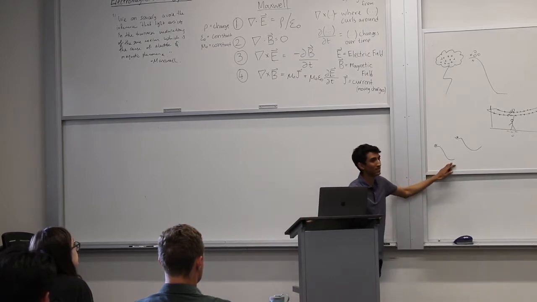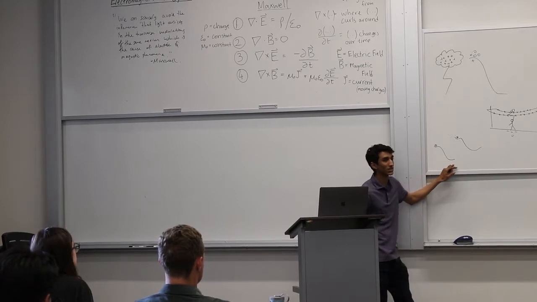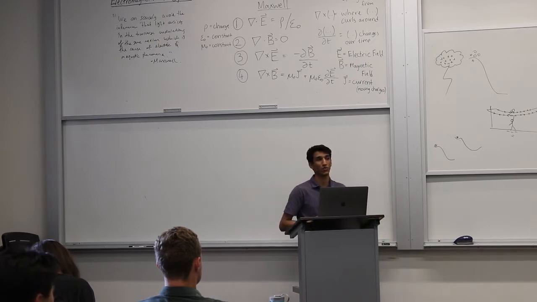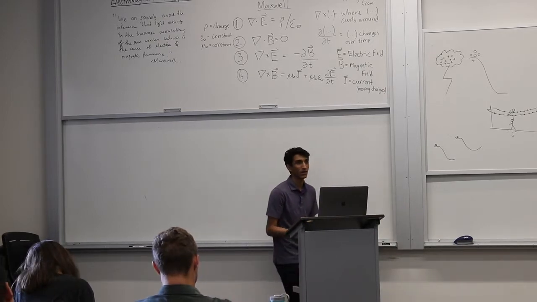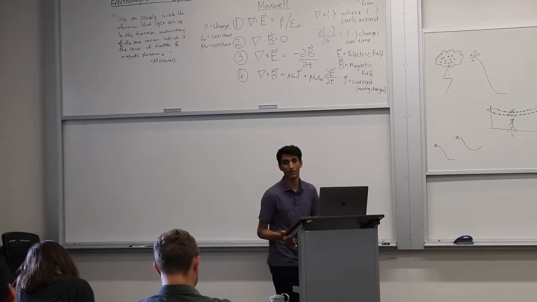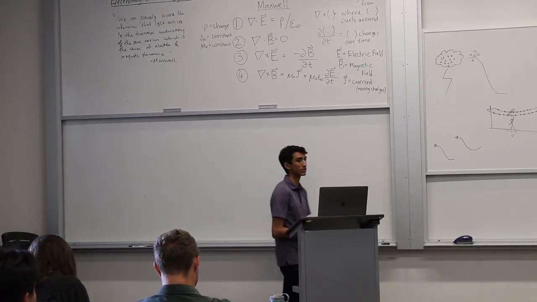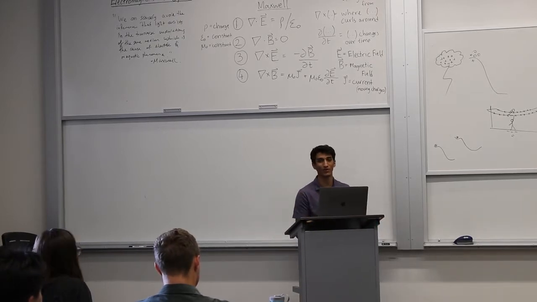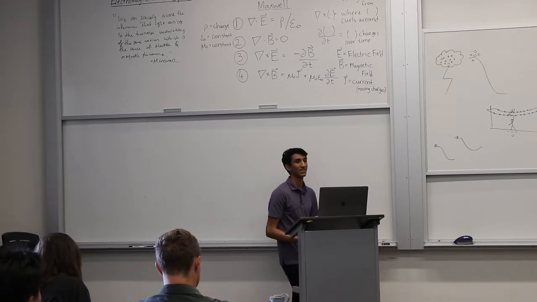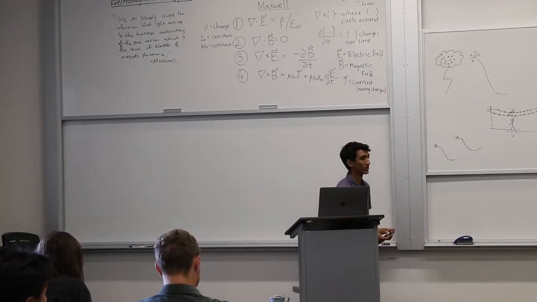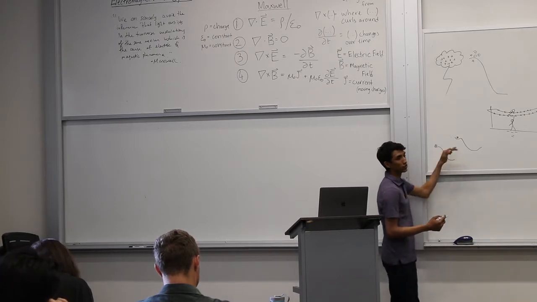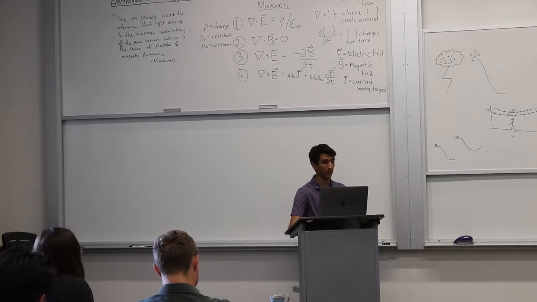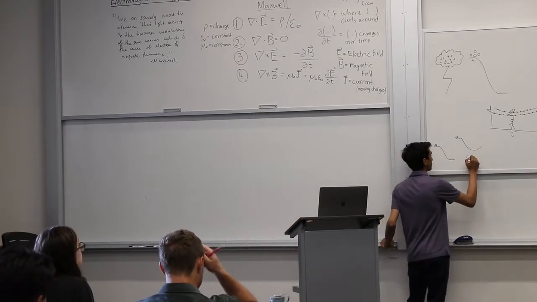Can anyone take a random guess as to what quantity this leads to a conservation principle for? So far we've done conservation of energy, conservation of momentum and conservation of angular momentum. What do you think that this leads to? And for you too, I know you haven't gone over this yet, but don't worry. Yeah, you're right. So this is called a gauge transformation, and the fact that there's a symmetry is called